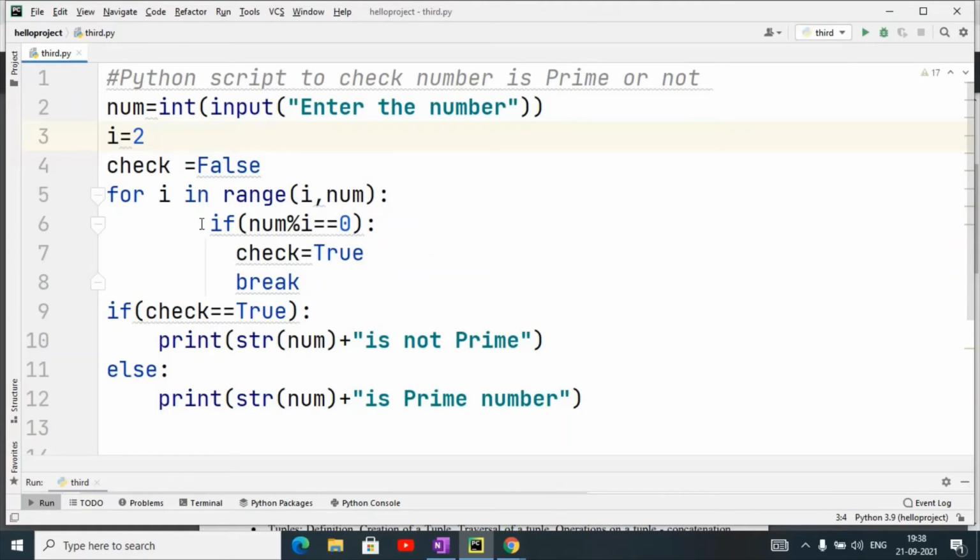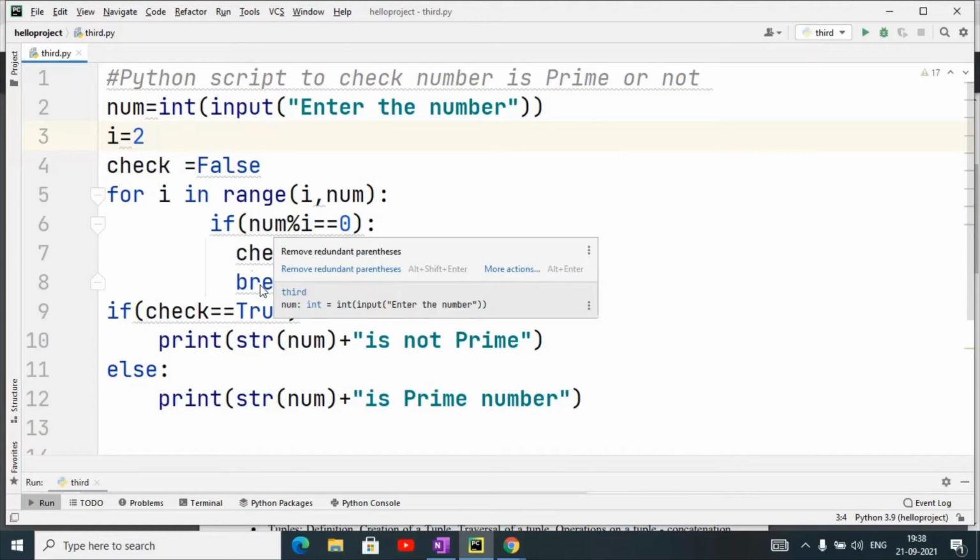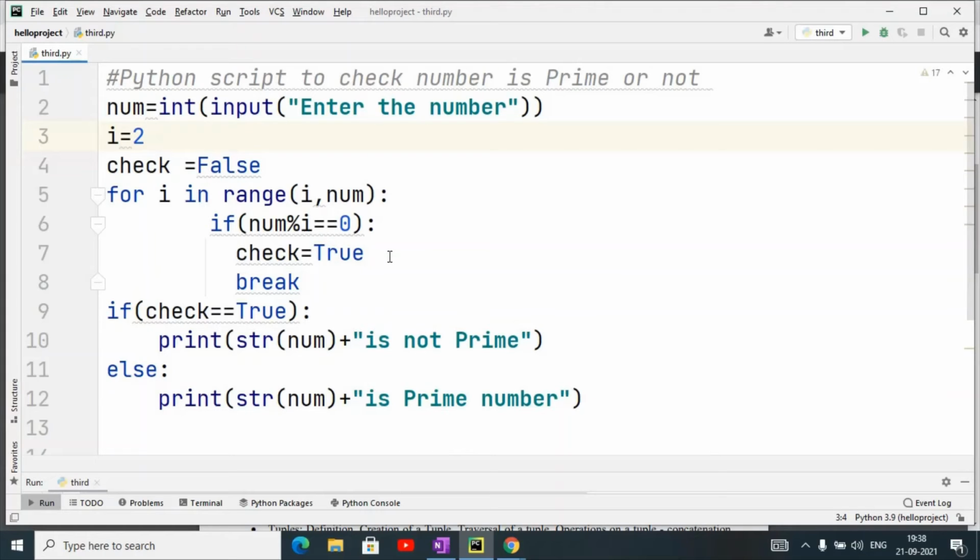If num mod i equals 0, then the number is not prime. We use one variable, check, whose initial value is false.